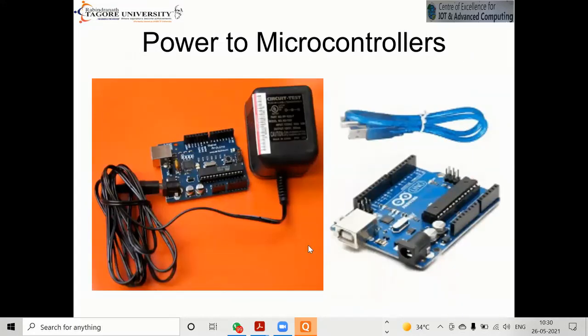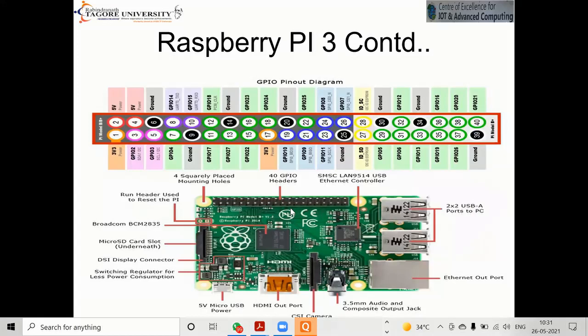Now this is the power to the microcontroller, from where we can give power to the microcontroller. This is one scenario. This is the blue color cable that is connected to the USB port. I can connect it when I interface this Arduino Uno with my laptop. But when I upload the program to this Arduino Uno along with the sensor, then you can put this charger here for a real-time environment.